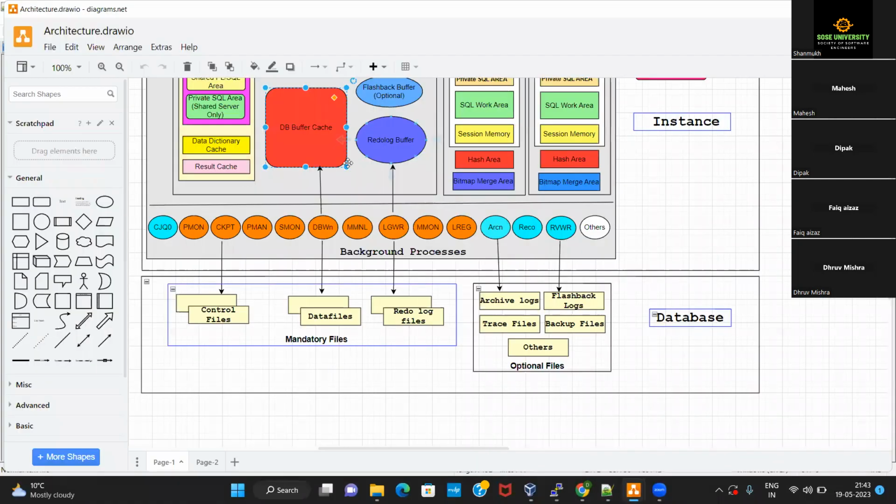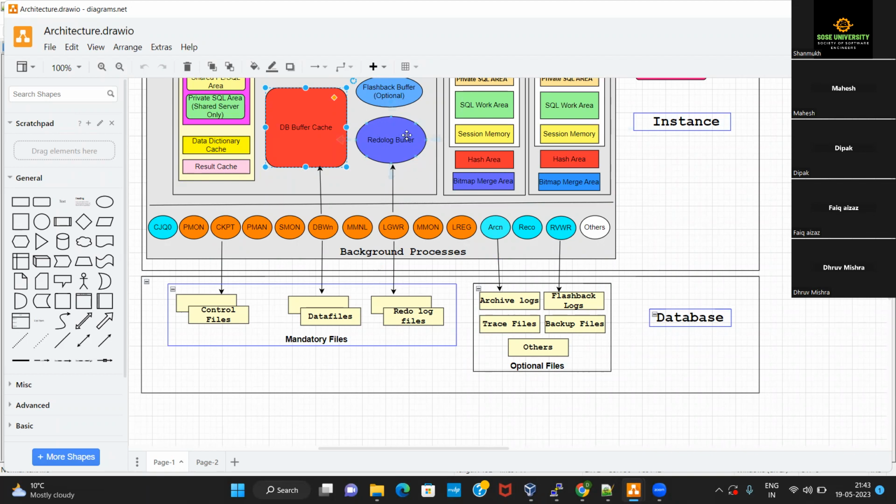Those redo entries are now present inside the redo log buffer. But the problem is that this redo log buffer is present inside the memory structure, inside the RAM. It is not a permanent storage area, right? Your RAM can't be a permanent storage area, correct?